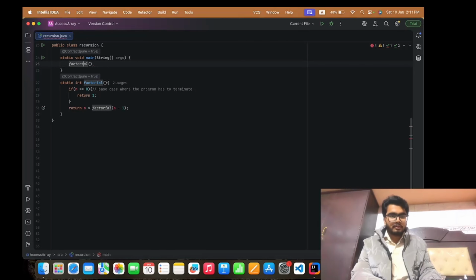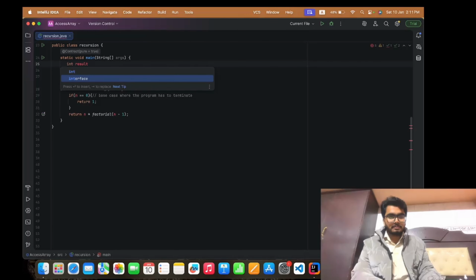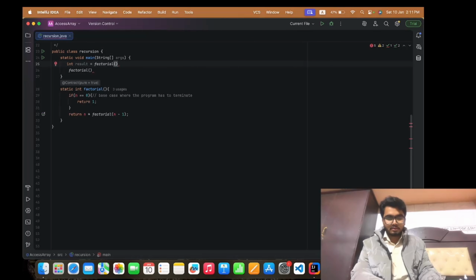Wait, firstly we will create a variable named result of data type int: int result equals factorial of n. Here n is initialized, and now factorial will store the result.